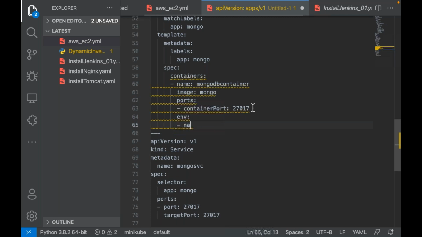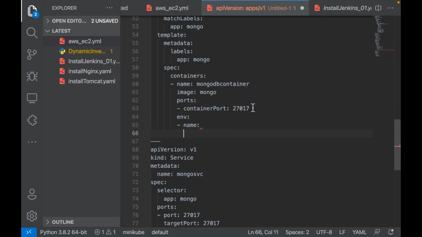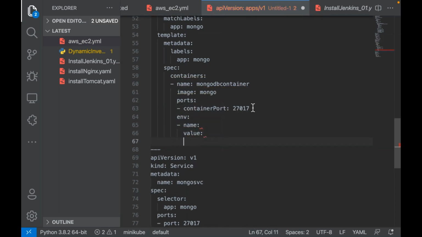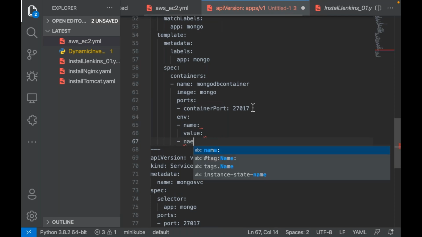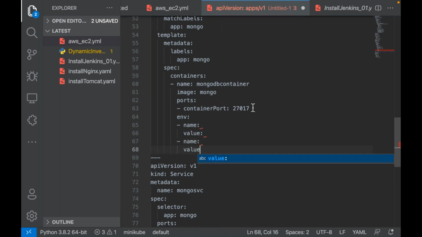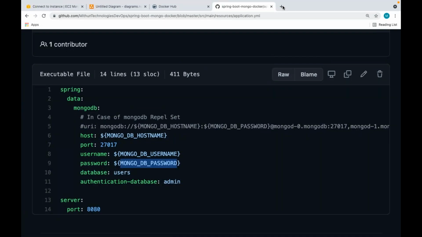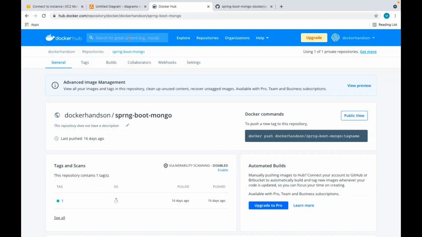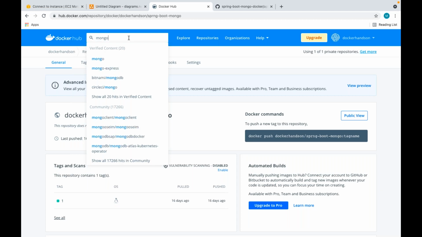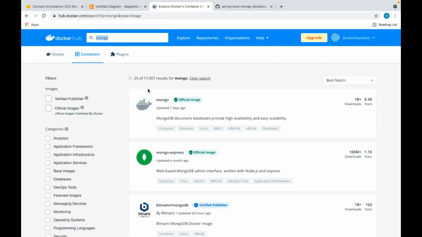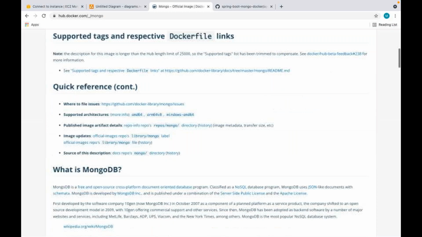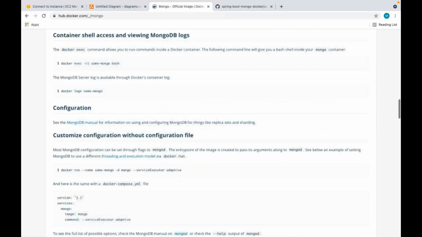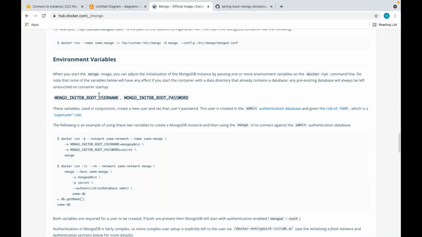Okay. Now, similarly, do I need to pass some environment variables to this one? It was also expecting some environment variables. That username and password need to be set. What is your database root username? What password do you want to set? What were those? Let me see here. So this one.